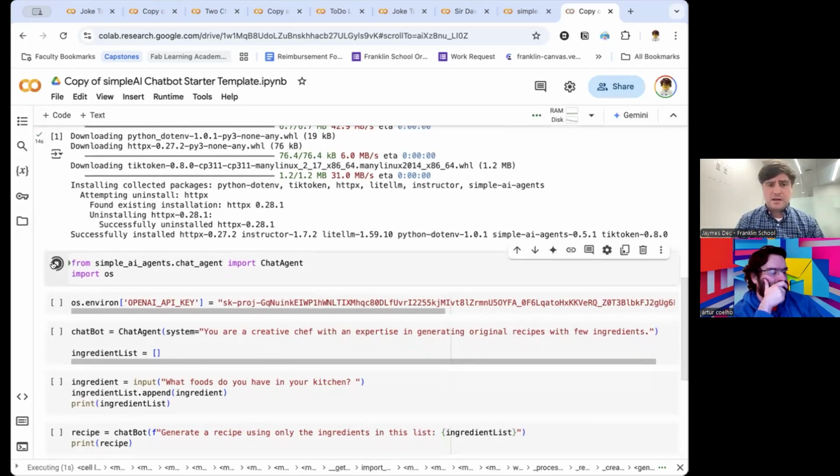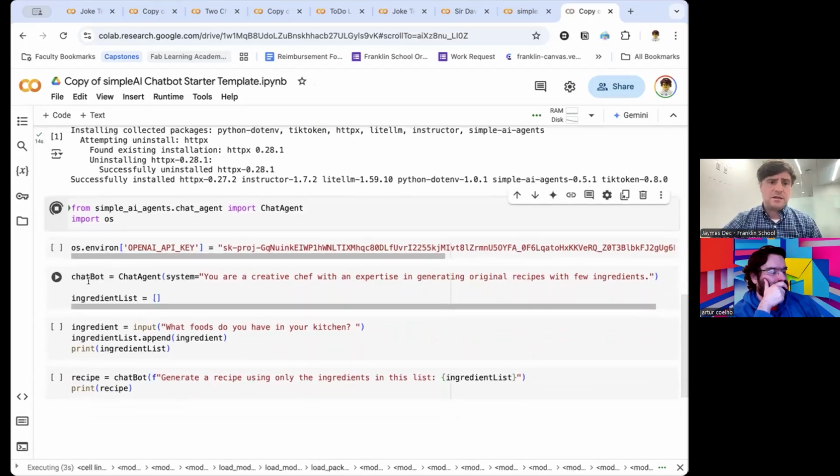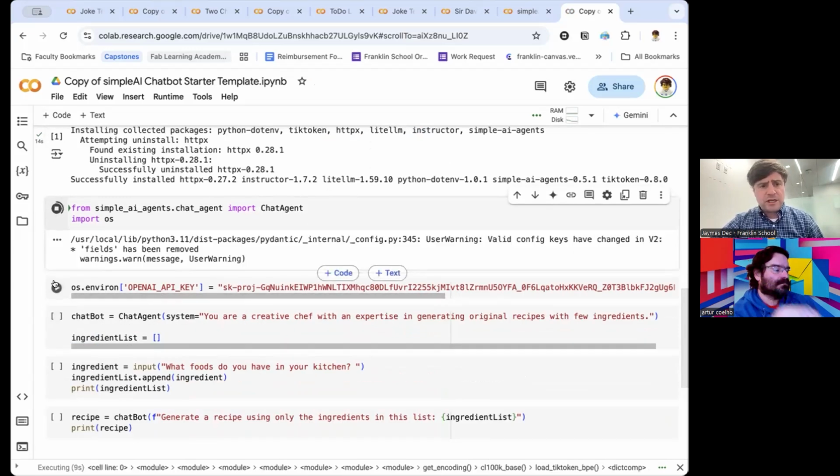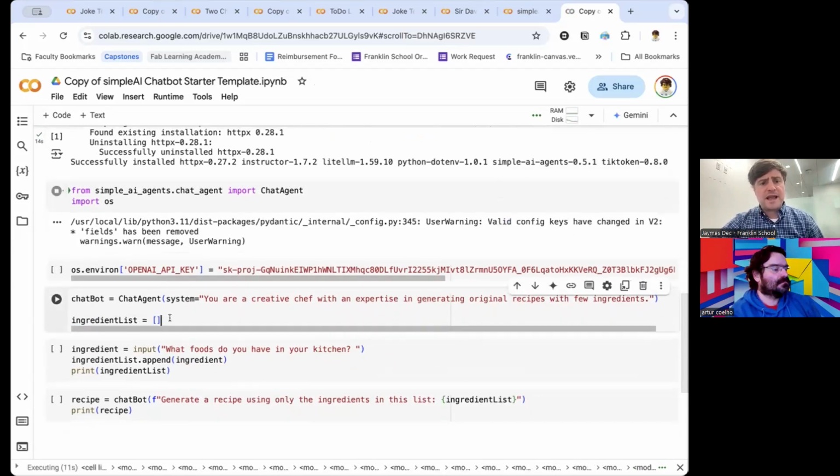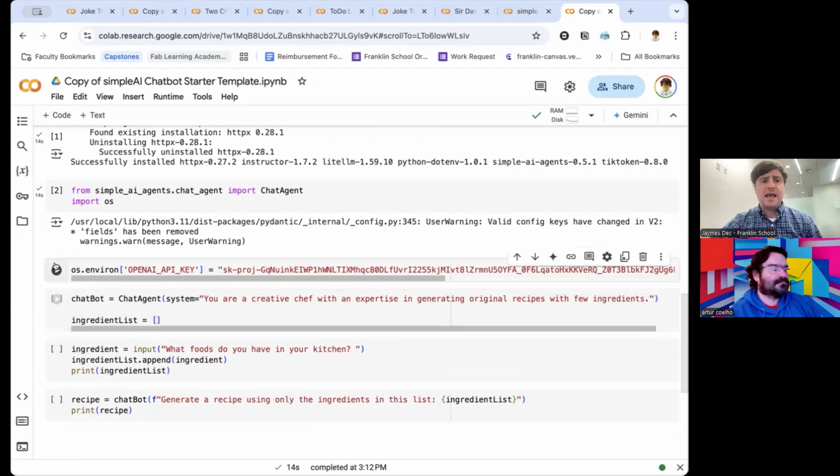So I will continue running this, and the addition here is that we're going to create a list. The way to create a list is with an open bracket and a close bracket. Then we're going to add ingredients to our list and have the chatbot come up with